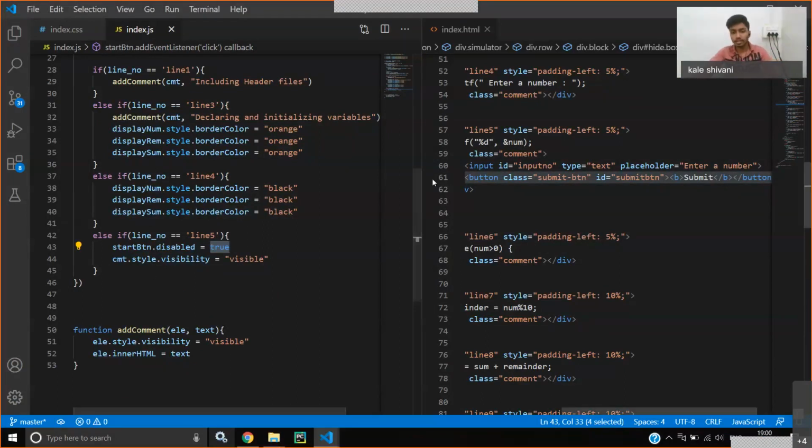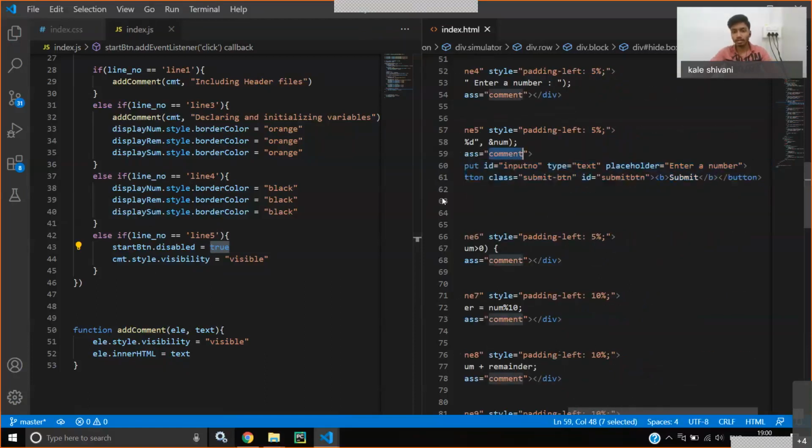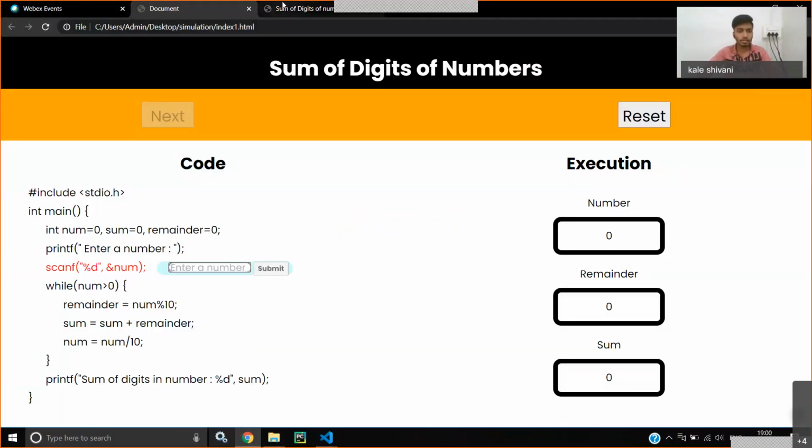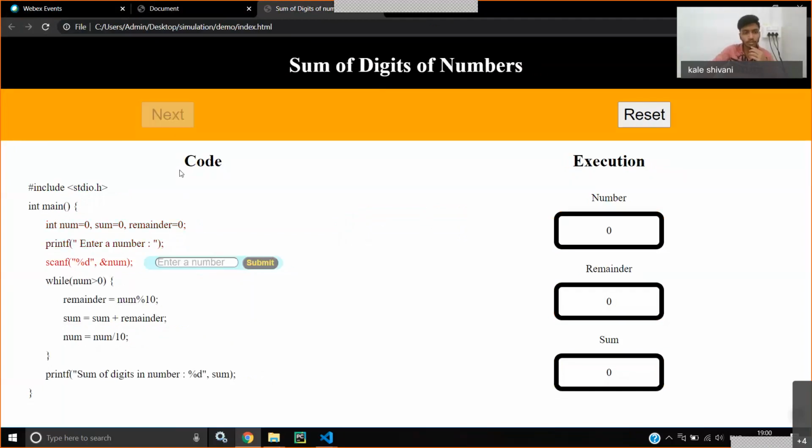This input and the button are inside our comment class, so we want to display that. Let's see what has happened. Refresh, start. Okay, now you can see it is asking me to enter a number, and the next button is disabled. Whether I click it or not, it will not do anything.